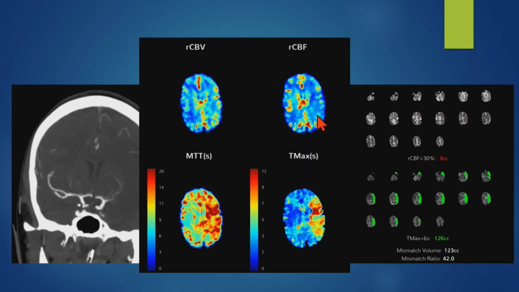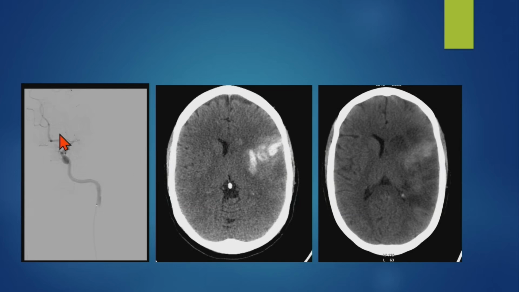I always also recommend looking at the color-coded map, even if you have this report, because sometimes the area of hypoperfusion doesn't meet these thresholds, but that doesn't mean it does not exist. So review them, and I have a couple cases where it is missed on the post-processing, but I was able to see it on the color-coded map. This patient underwent a trial of thrombectomy. Unfortunately, it was unsuccessful.